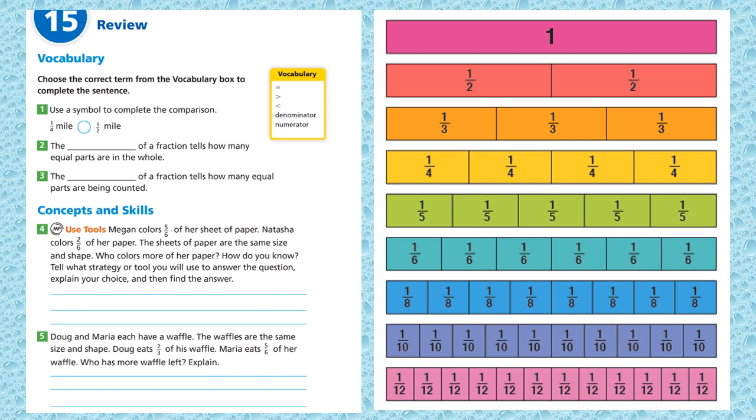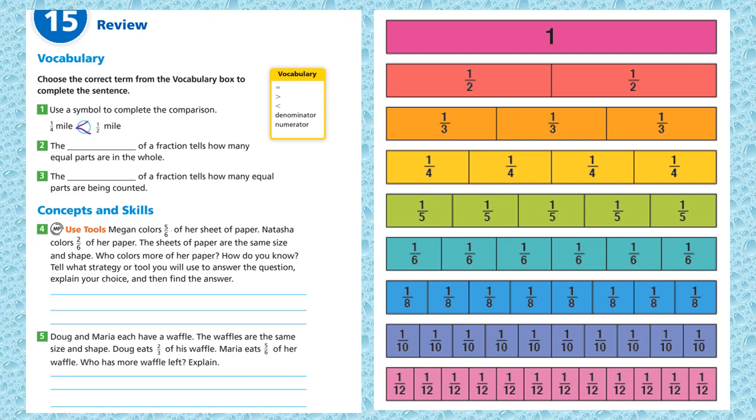Since my numerators are the same, I take a look at my denominators. The bigger my denominators, the more parts the whole is broken up into, so the smaller it makes each part. So 4 parts, each of those parts is smaller than the 2 parts. So 1/4 is less than